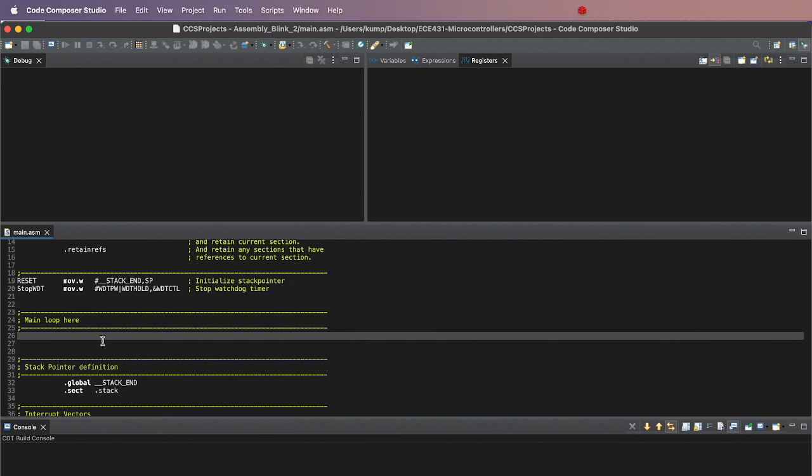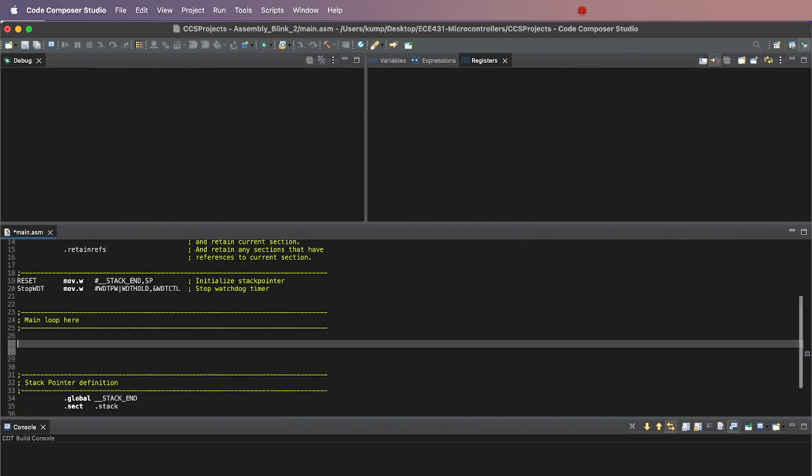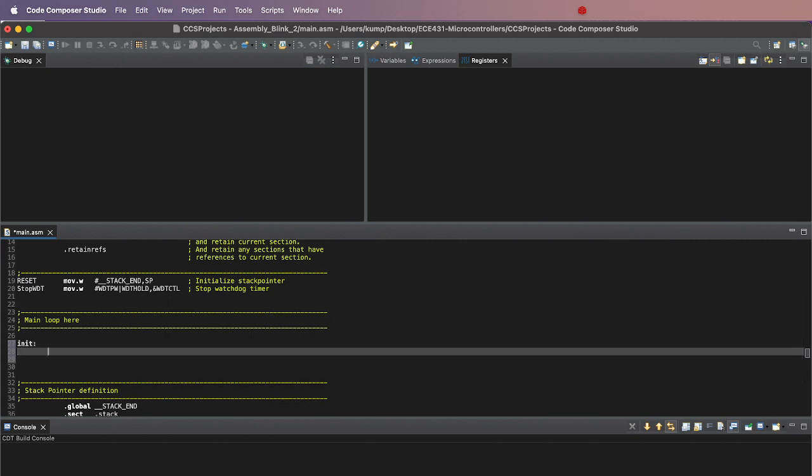All right, so what we want to do next is type in our code to get this thing to blink. Again, not all of this will make a lot of sense. At this point, we're just typing in code, getting it to run. So I'm going to start by typing init there, and if I put a colon after that, it gets bolded in my dark theme. And then I'm going to type BIC, bit clear, and we're going to clear a word. And then I'll put a tab over here and get some space,